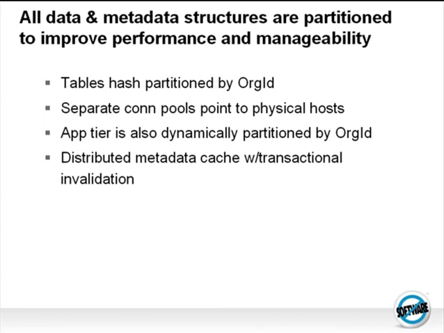The application tier itself, we've recently made it similarly have a notion of affinity. Although in the application tier, any app server can service any request for any org, which is a very important architectural principle of ours, we have made it so that for performance, when things are all up, we tend to send requests for a given organization to a small set of application servers, so that metadata caching, which is not something I've talked a lot about but which is very important for performance, increases the effectiveness of that cache on our